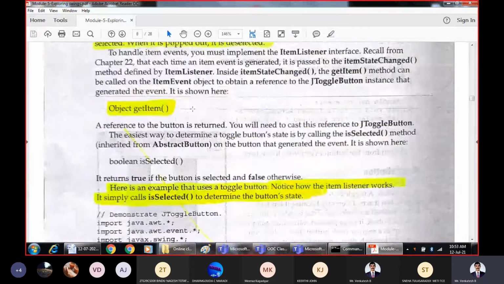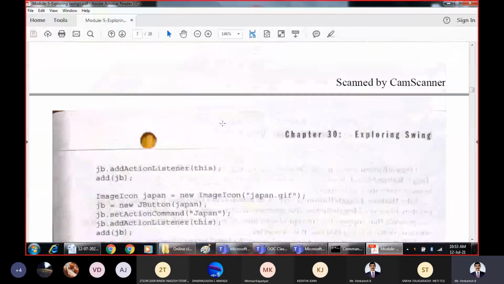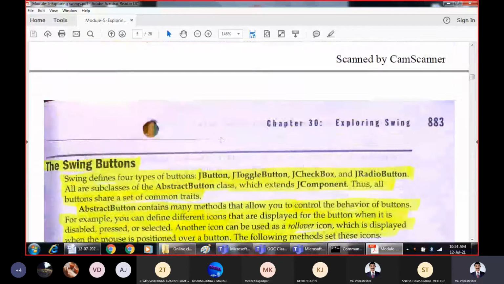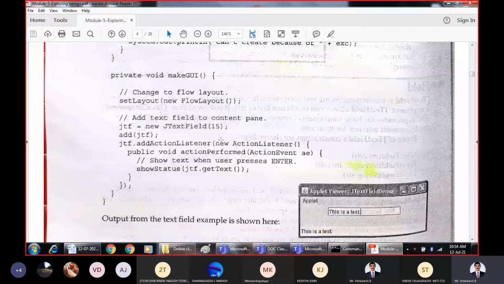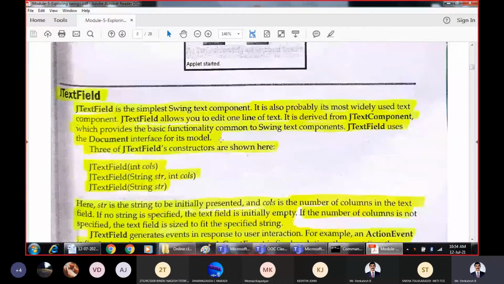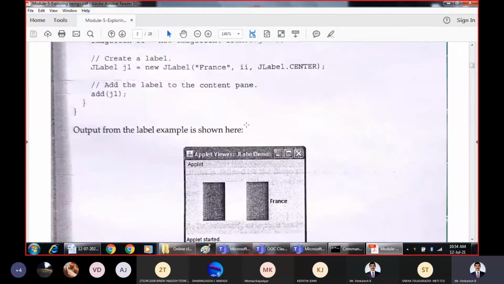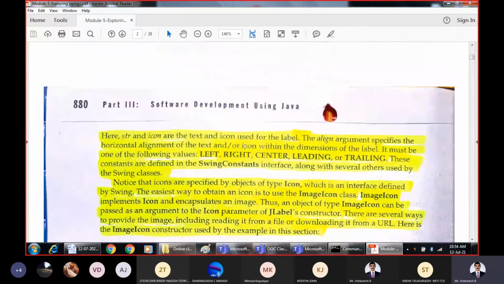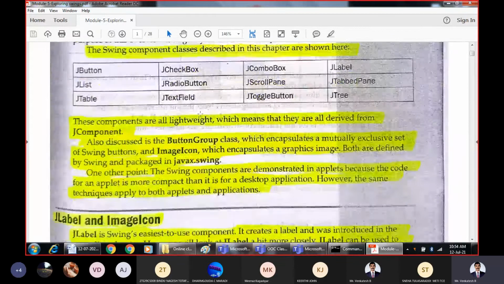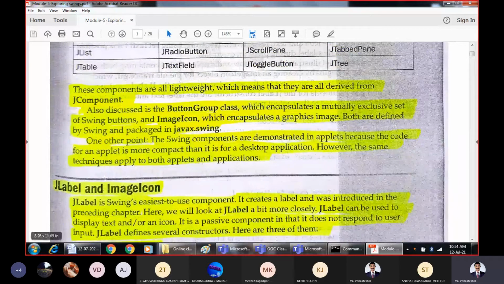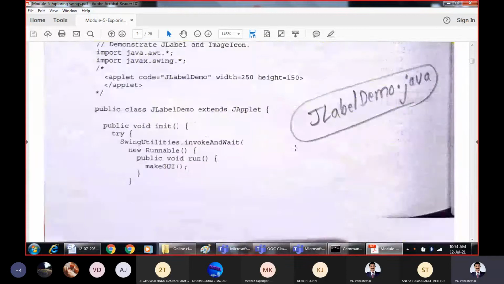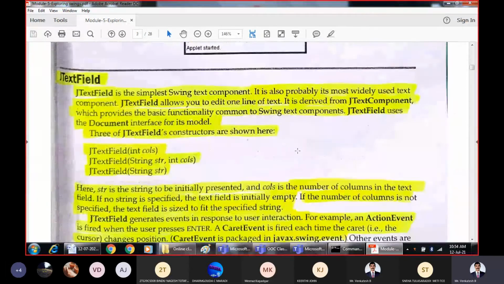In the previous class, we have seen how we can develop better graphical user interfaces by using the swing components. The different swing components we studied were the JTextField component, which allowed us to enter a line of text for interacting with the program, and JLabel and ImageIcon.